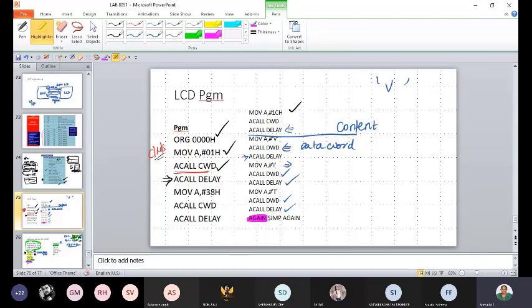We will see the interfacing in the video.